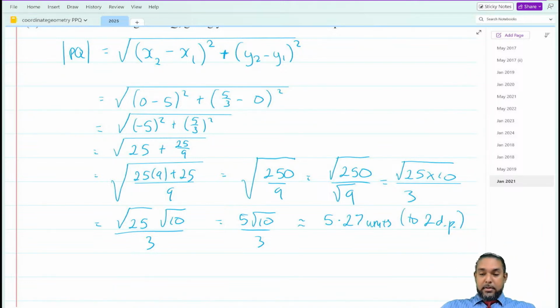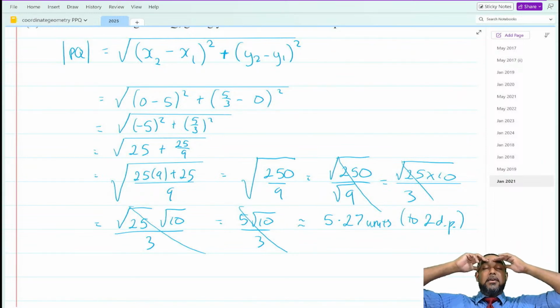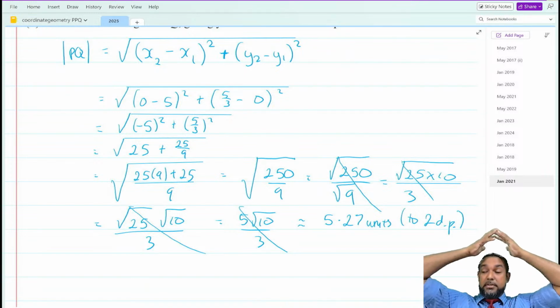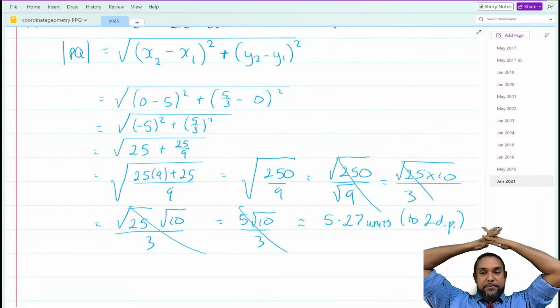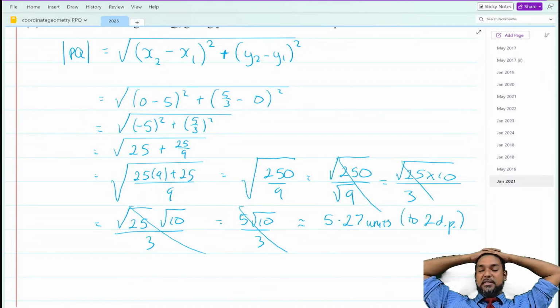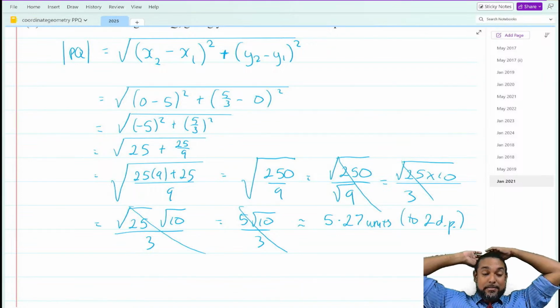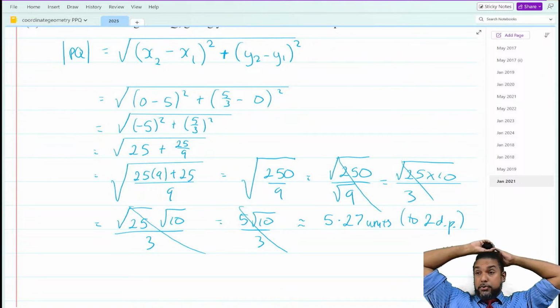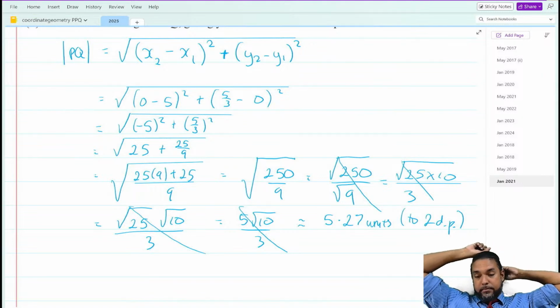So once again, all of this is just extra. You don't have to do that. That's just me showing you something. Like I said, there have been a couple of questions within the last 6 years, it was 2019, where you had to be able to simplify with surds. And that's the funny part. I don't feel like that's something explicitly stated on the CSEC math syllabus. The math people would know how to do that for sure. Or they should.